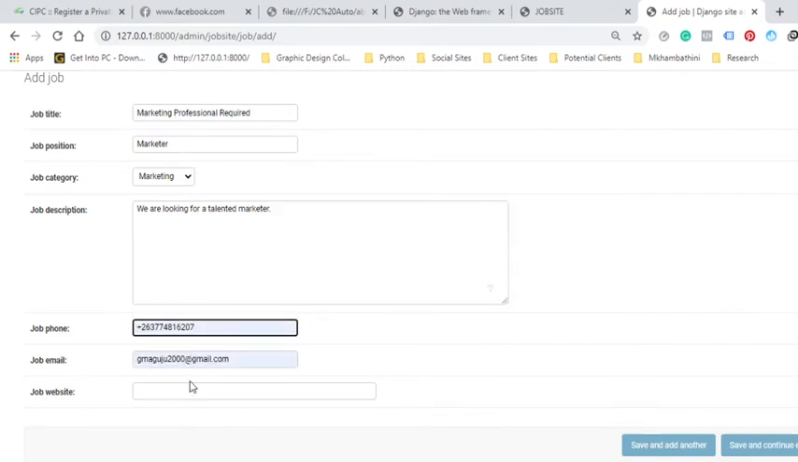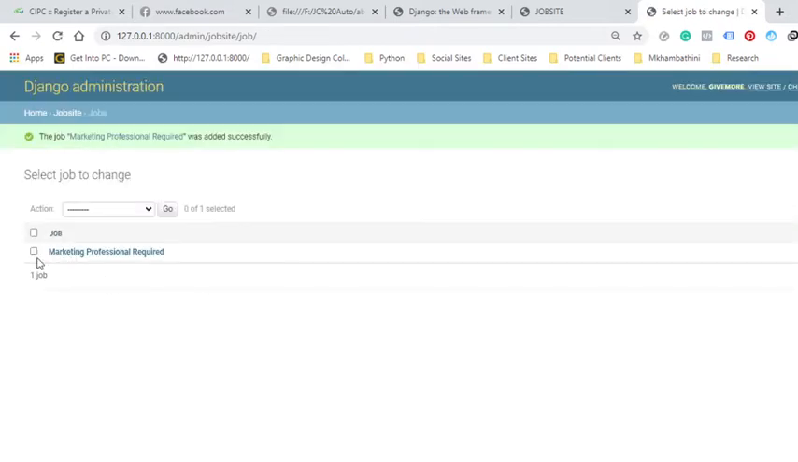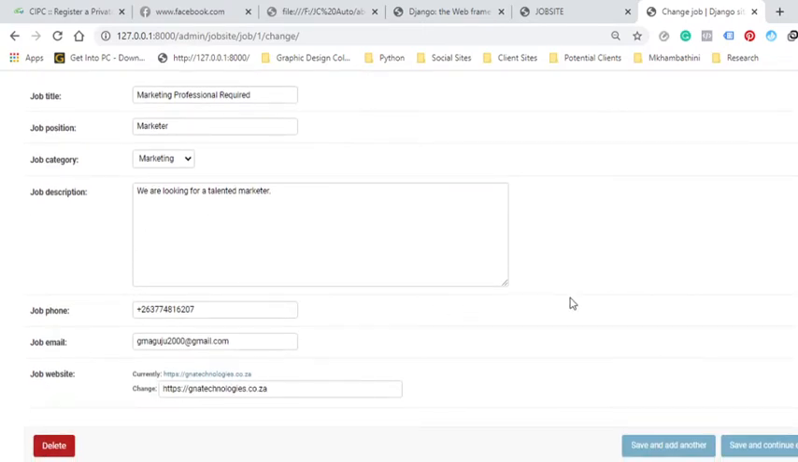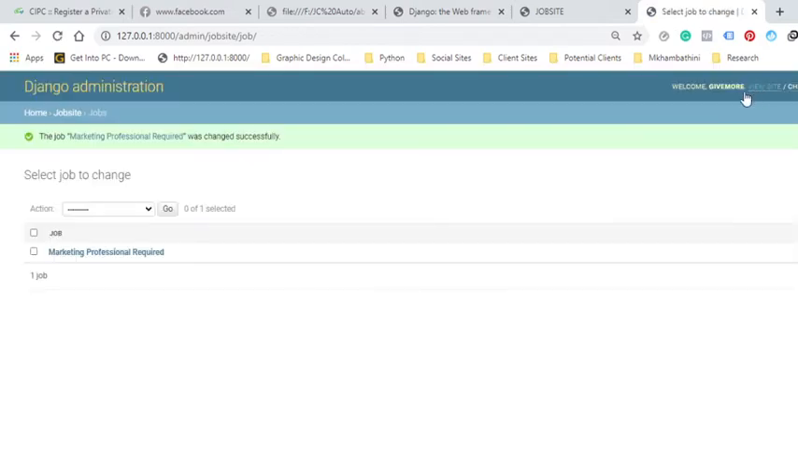You can use your phone number. You can put your email. I can put my URL to my website, gnatechnologies.co.za, and once done, I can write save. As you can see here, it's working perfectly. If you wanna edit, if you wanna delete, you can do whatever you want. Alright, so having showed you this, let's go back and